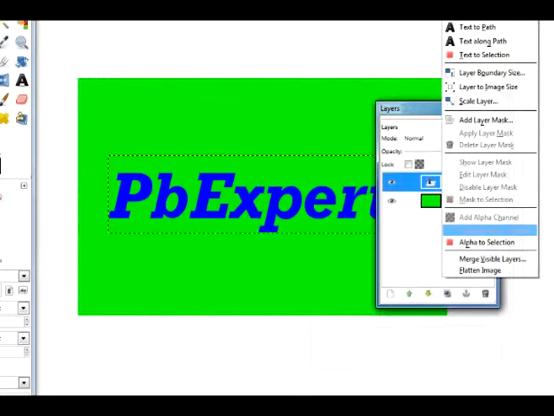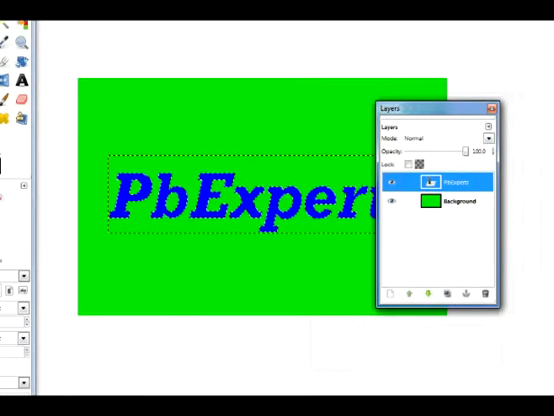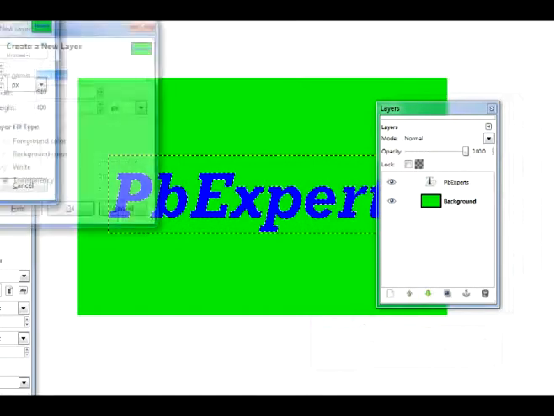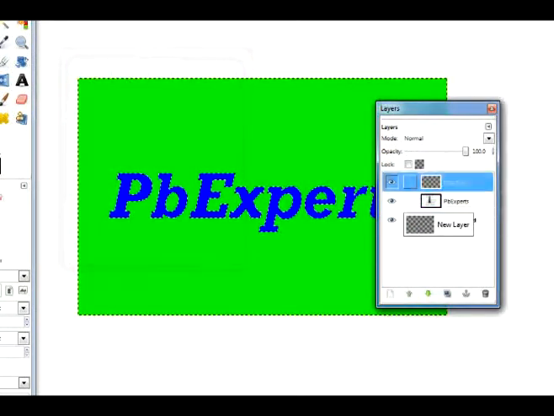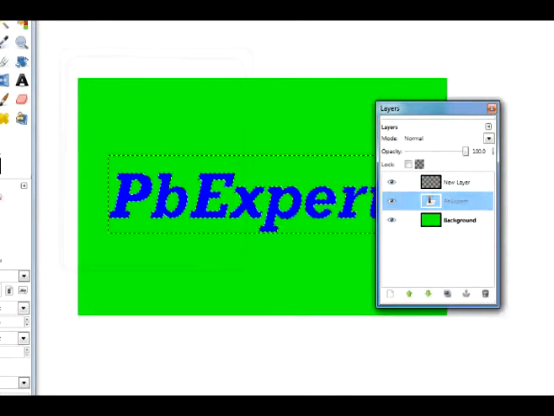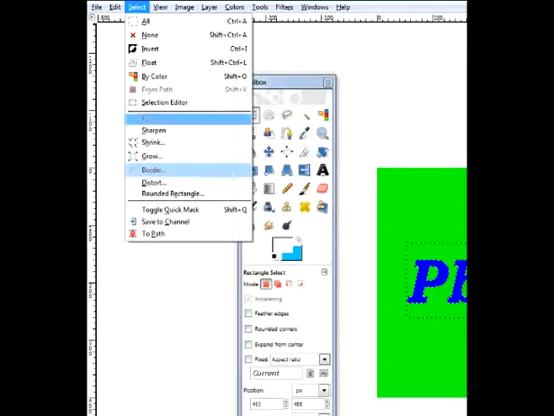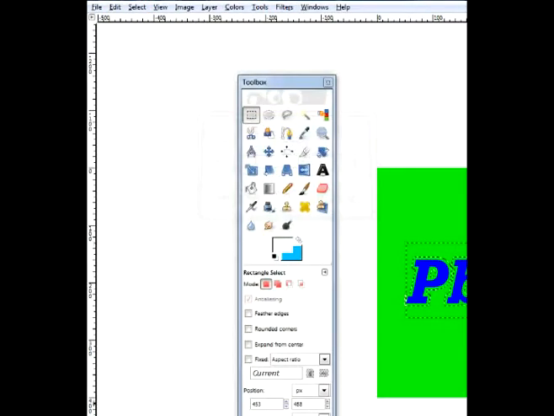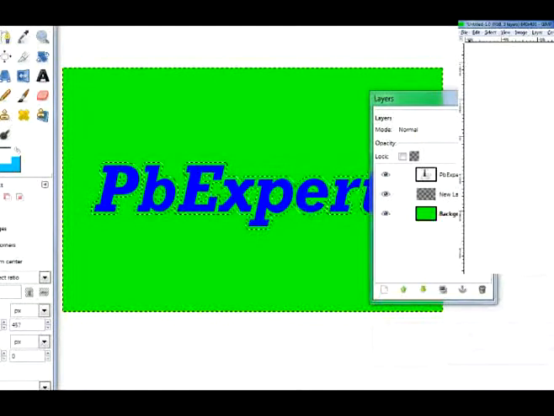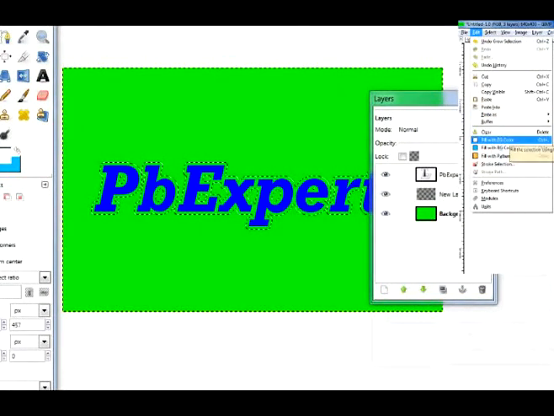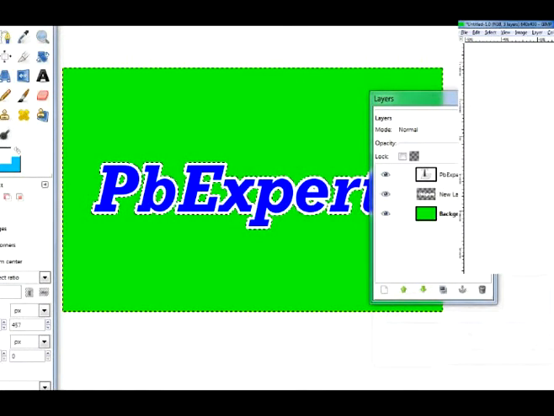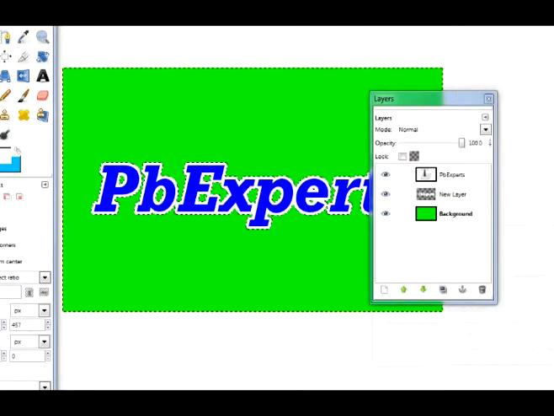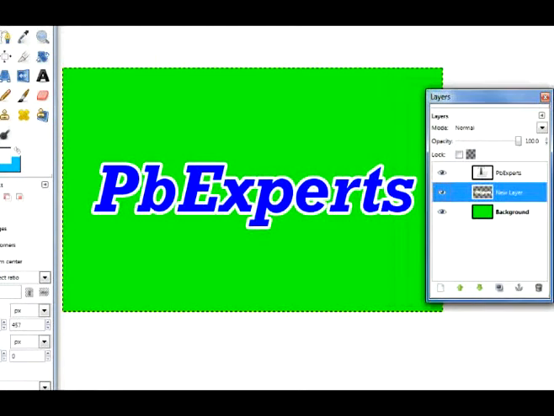And what you're going to want to do next is, you can go ahead and do alpha to selection by right-clicking, and also create a new layer. And what you're going to want to do is move it underneath the text layer. Okay, and now you're going to want to go up here to Select, Grow on the layer underneath, and grow by 5 pixels, like so. And now you're going to want to go to Edit, Fill with foreground color, in this case white, and you'll see that the text underneath has turned white, which makes us one step closer. And again, you're going to want to do Select None